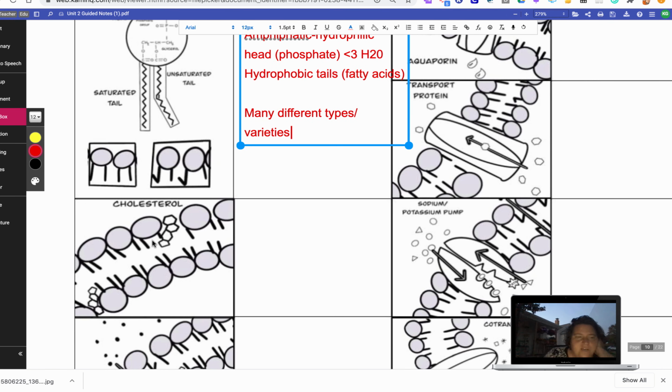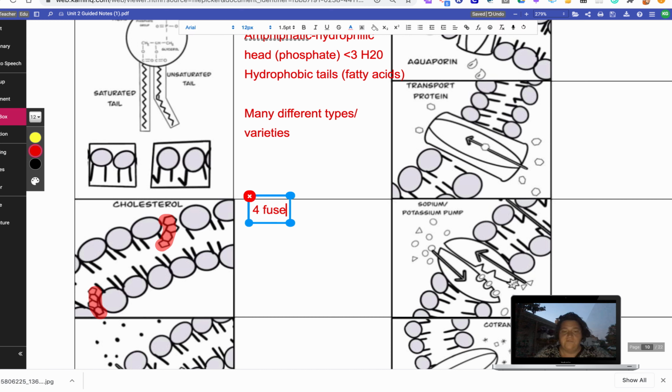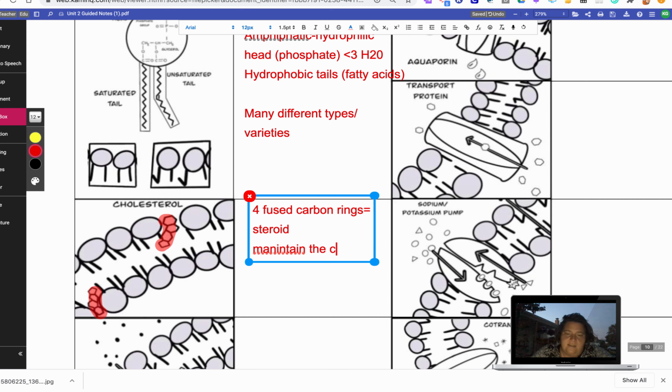All right, next one here is cholesterol. Structurally, cholesterol consists of 4 fused carbon rings. That tells us that this is a steroid. And things like testosterone and estrogen are synthesized from cholesterol. But in general, cholesterol is used in the membrane to maintain the correct